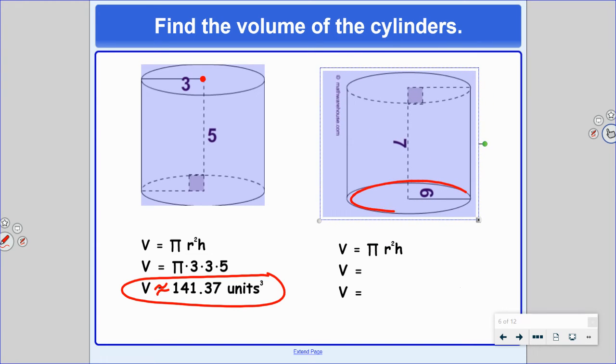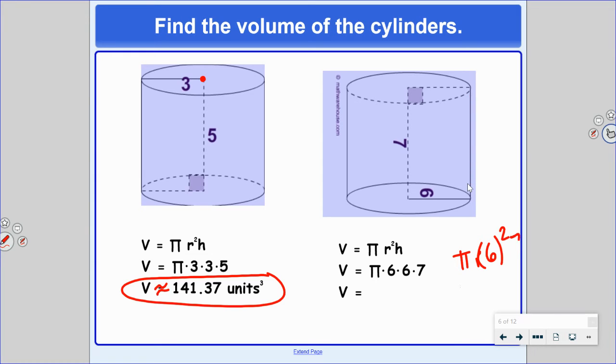We see on either of the bases, top or bottom, the radius of the circular base is going to be 6. So we have pi times 6 times 6, and then we stack it 7 units tall. Pi times 6 squared, again, if you would prefer, you're welcome to write pi times 6 squared times 7, but